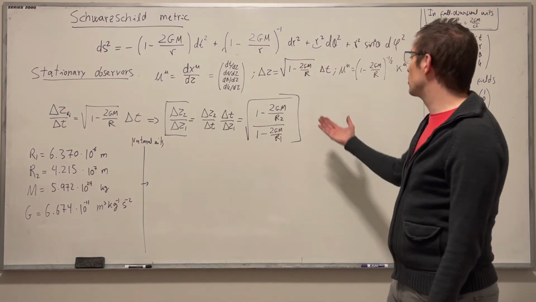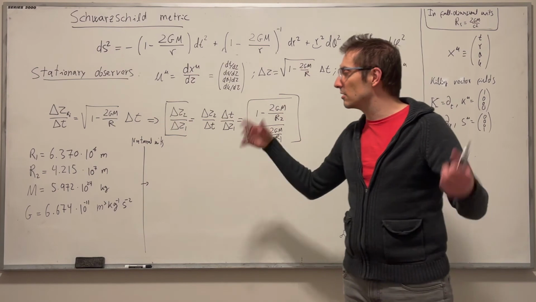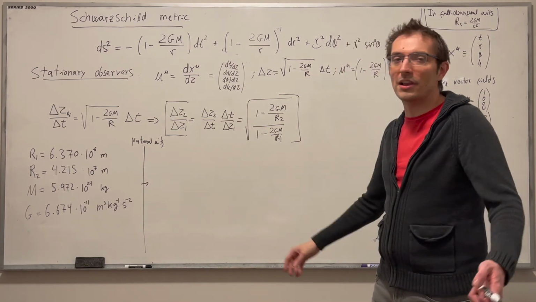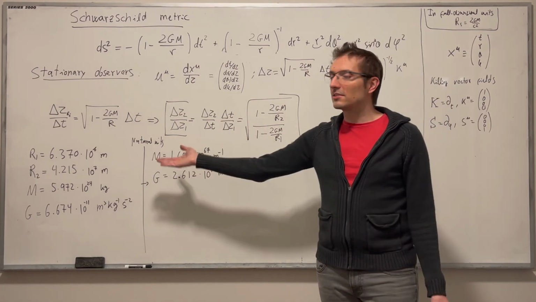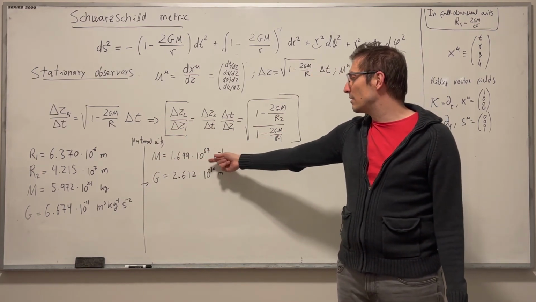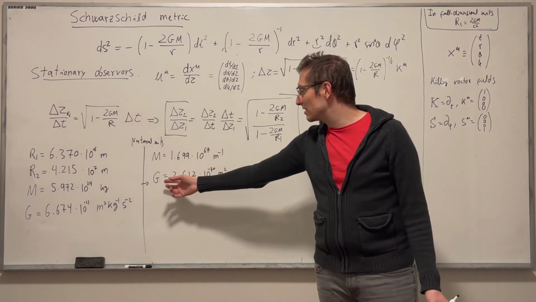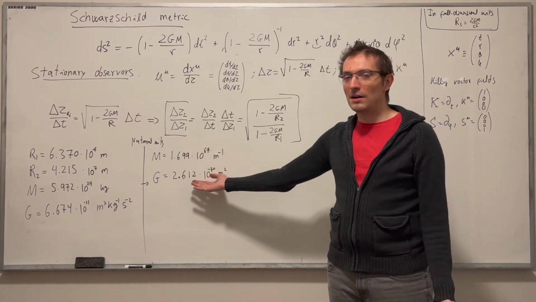But of course, we want to compute in natural units, which is where we have these expressions. So let's convert into natural units. For example, natural units of length: the radii are already in natural units of length, meters. Mass I transform to meters to the minus 1, which gives me this, the inverse Compton wavelength of Earth. And the gravitational constant in units of area is this quantity, which is actually the Planck